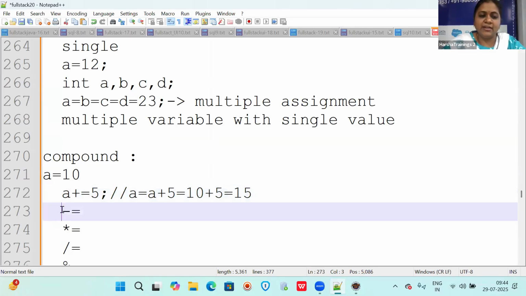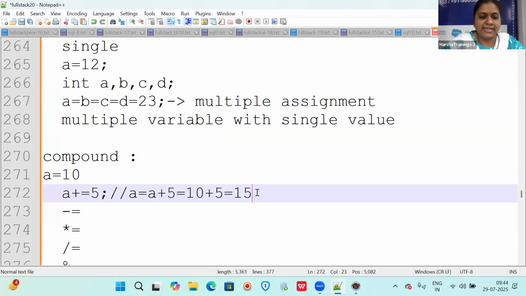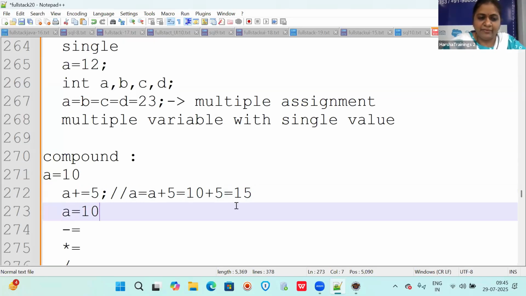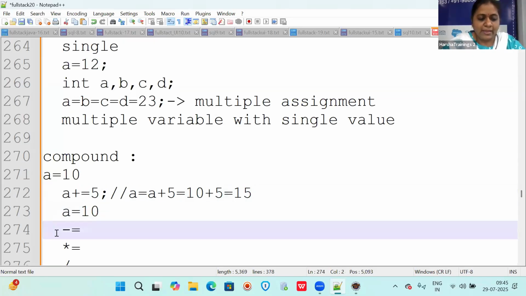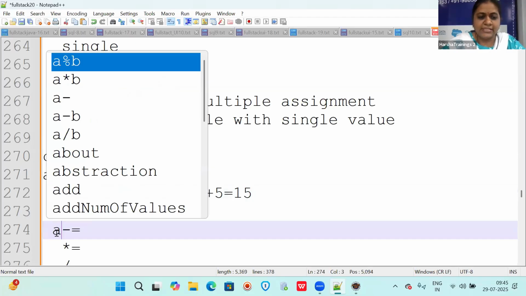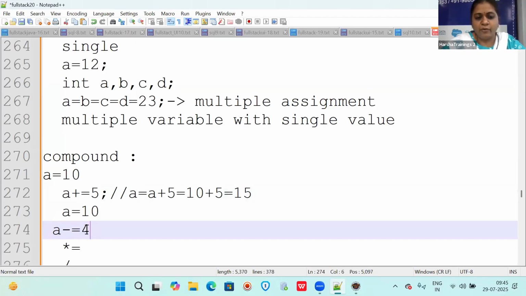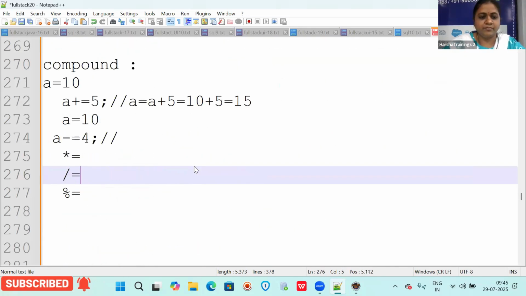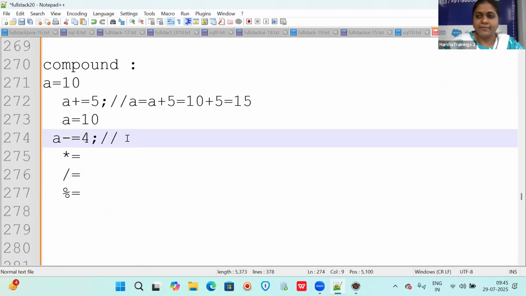Now consider the same A, let us say A value is 10 again. When you say A minus equal to 4, what is the answer? Tell me. What is the value of A?